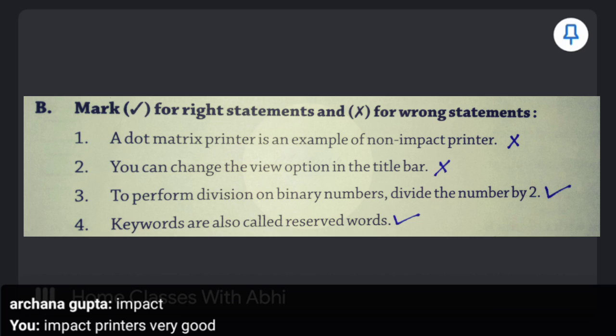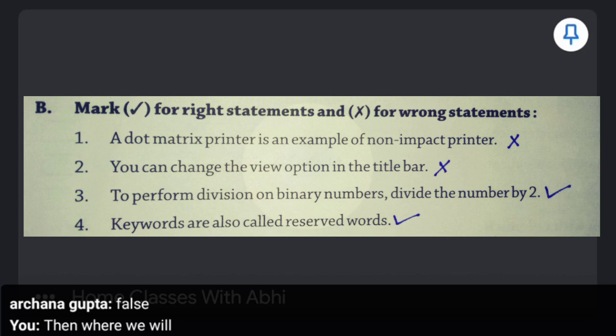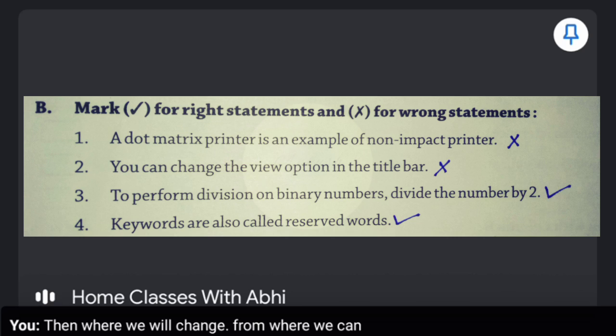You can change the view option in the title bar. Then where will we change it? From where can we change the view option? Menu bar.